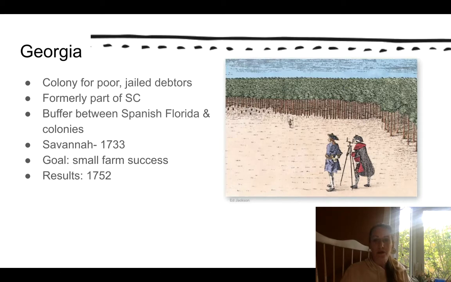And then many of the farmers there started things like rice plantations, and then they stopped the ban on slavery, and slavery rapidly increased. So think of the hypocrisy or the irony of some people who were previously in jail literally getting free land to go work and then become successful, and then forcing slavery upon people to help make money for them.